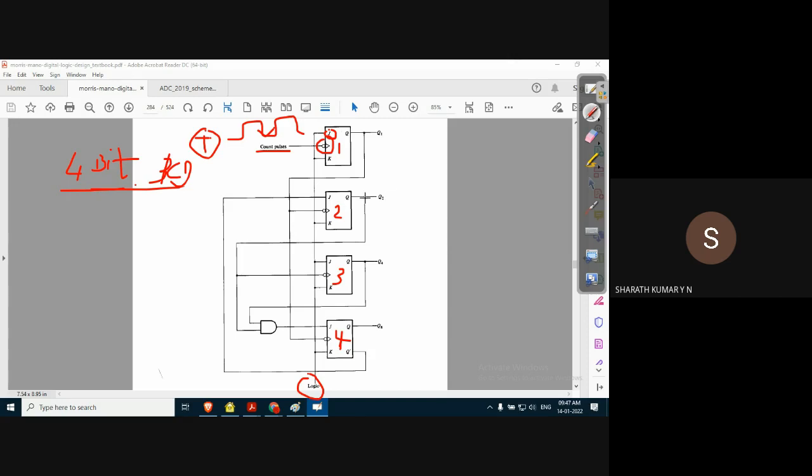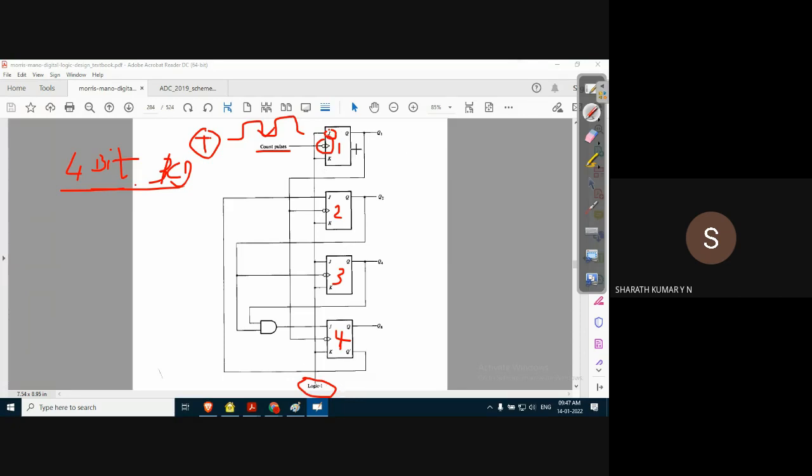Let's observe this. Now, what happens if you see the BCD counter? If you observe the logic one at the bottom, the logic one input, unlike the 4-bit binary ripple counter, is not applied to all the flip flops.